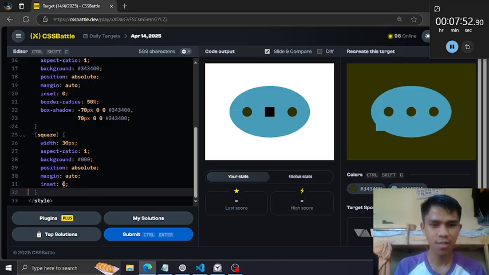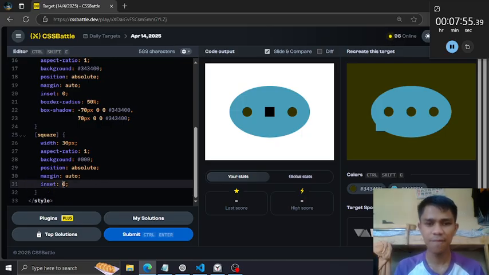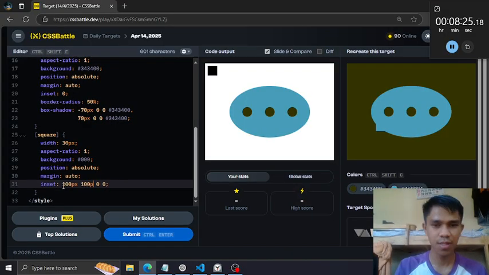Alright, to move this to the bottom left side, we have to put 4 values on the inset property, and the first parameter is a positive value, so that it would push this element to the bottom. So 100, yeah, and the second value must be positive as well, so that it would push this element to the left side. So 100 pixels as well, like 200.